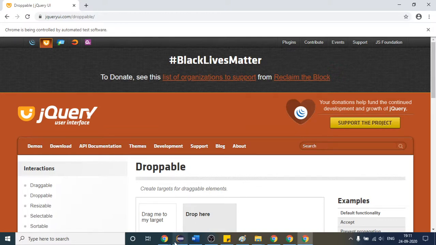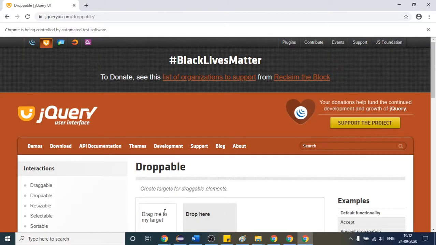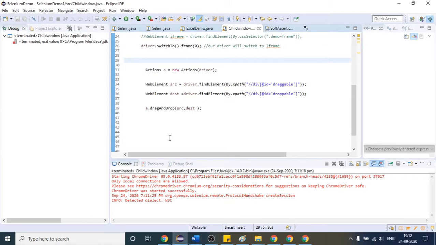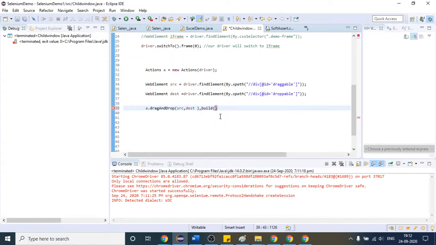I think, see, it has not worked. Even though you see that the code is terminated, in the sense our code has completed, our desired output is not there, which is what we have to do, right? Why is it so? Because we are using the Actions class. So keep in mind, if you are using the Actions class, you have to perform two methods after that. One is build. What will this build method do?